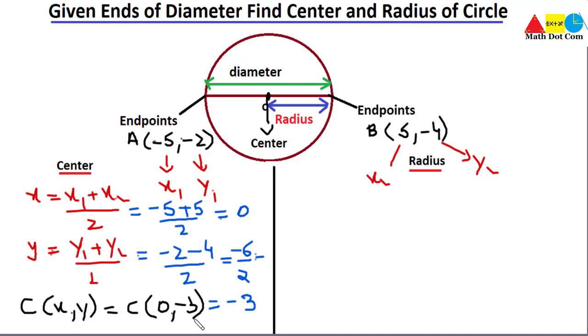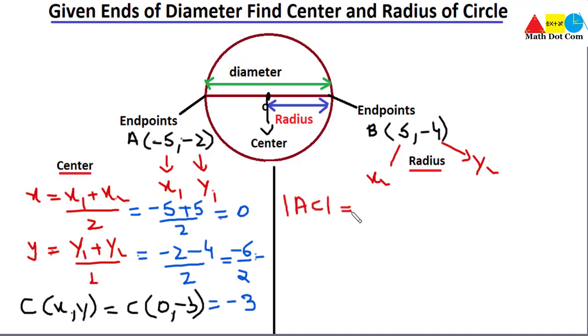Now let's come towards the radius of the circle. In case of radius, you have to find a single definite value, because radius is the distance between two points, that is the center and any point on the circle. So it means you have to use the distance formula. As the endpoints are A and B and the center is C, we have to find the distance between A and C or B and C. So we will take AC, or if we take BC, it will be the same. So we will take AC.